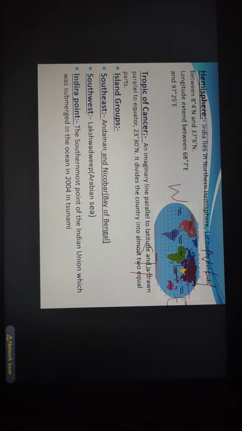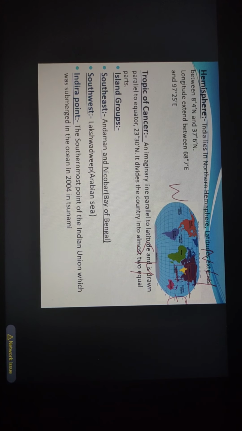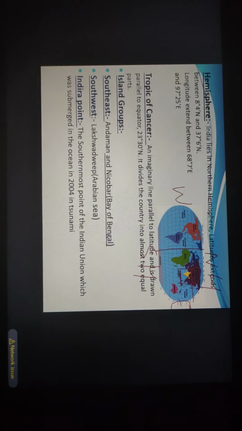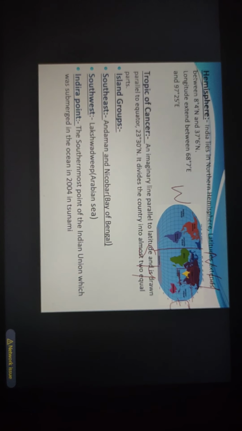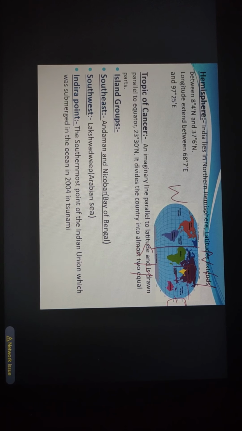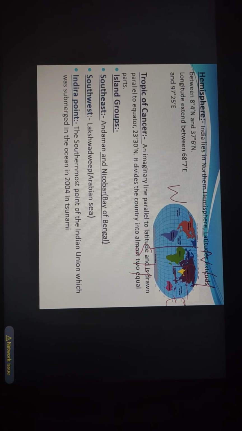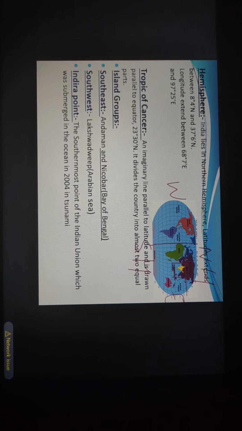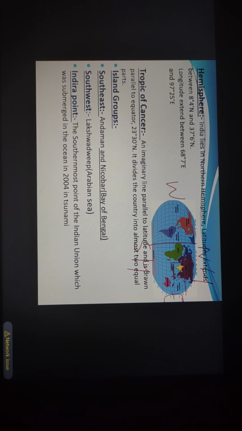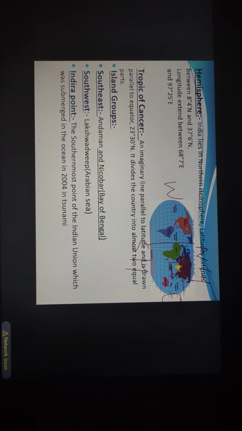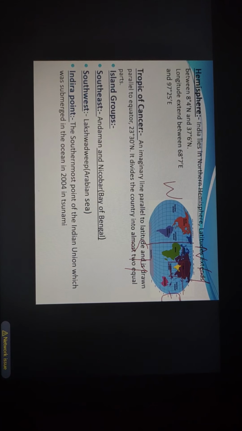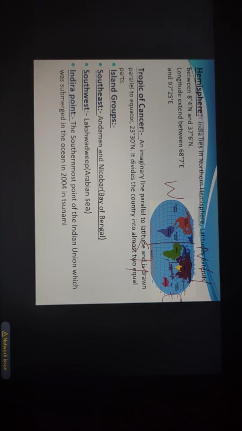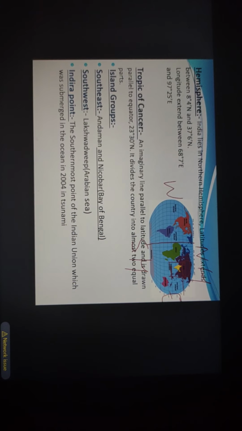So why are we writing east here? Because you just see here also, the prime meridian is there from the 0 degree, the dotted line here. This prime meridian divides this earth into 2 equal halves, that is the eastern hemisphere and the western hemisphere, right? So our India is located in the eastern hemisphere. That's why we are writing here 68 degree 7 minute east and 97 degree 25 minutes east. So I hope you all are clear about the hemisphere, the latitudinal extent and the longitudinal extent, right?